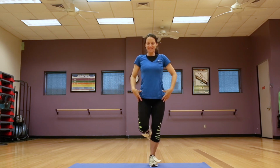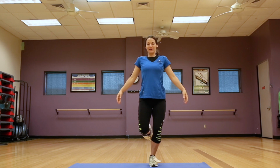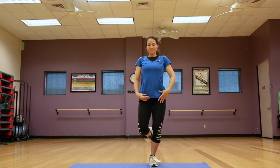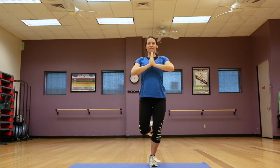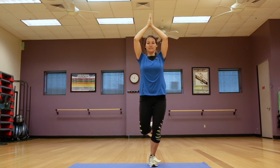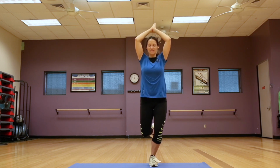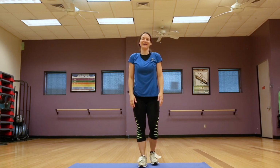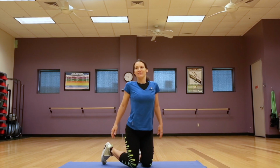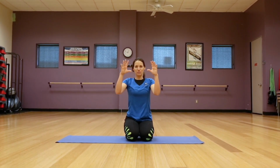Also, just find your balance. Find your midline too. Find variations. Sorry. Yeah, good. Okay. Now we move into the strengthening part, and our first exercise will be that you are forming